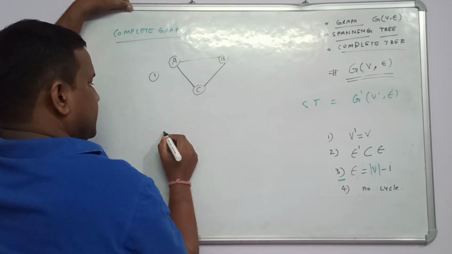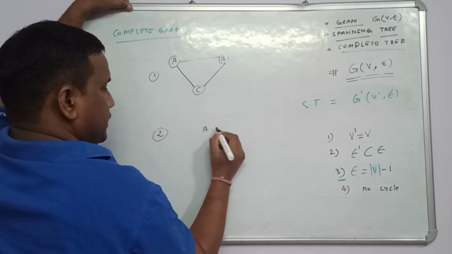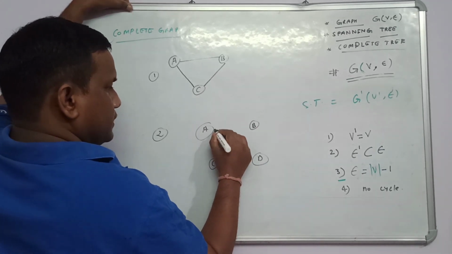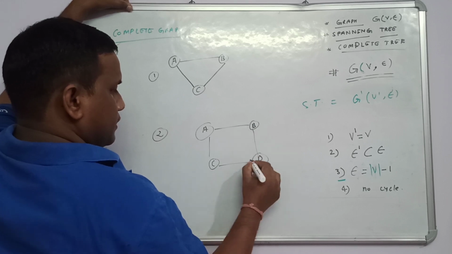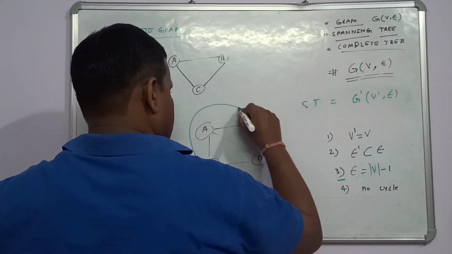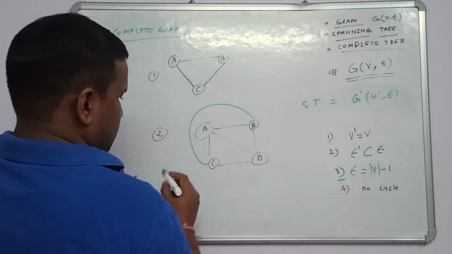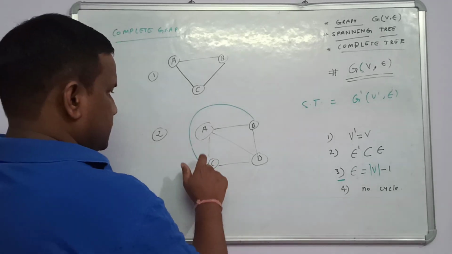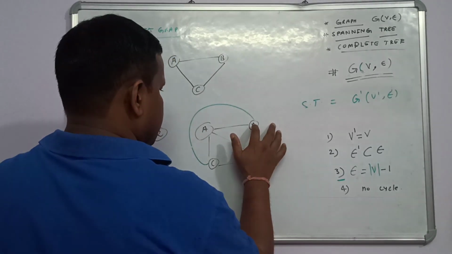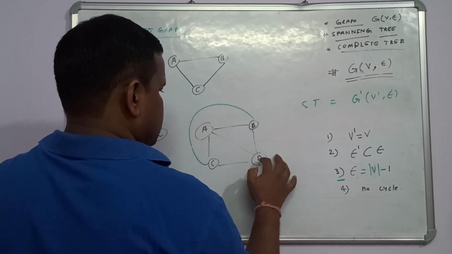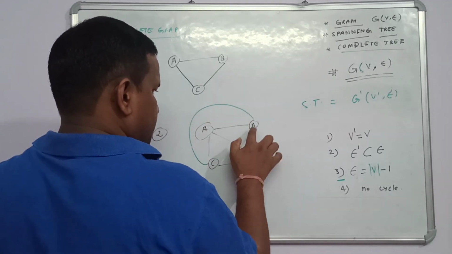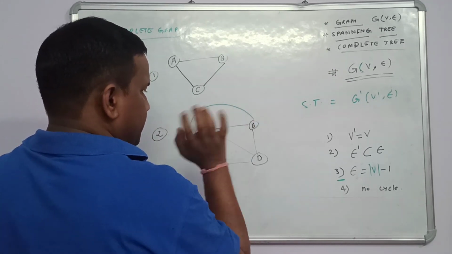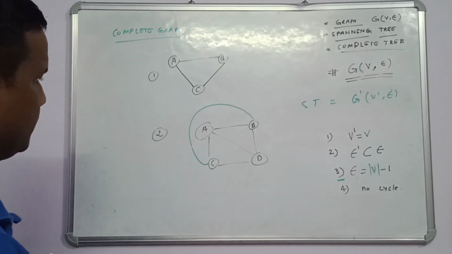Okay, there is another example. Let's see. This is the A B C D. Okay, so for this there are the edges between all the vertices. Okay, edges between this. Now so A is connected to C D B, B is connected to A C D, D is connected to A B and C, C is connected to D A and B. So this is the complete graph with 4 vertices.